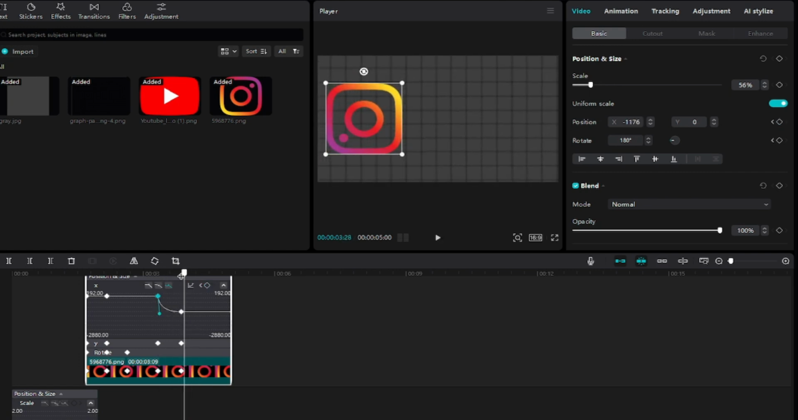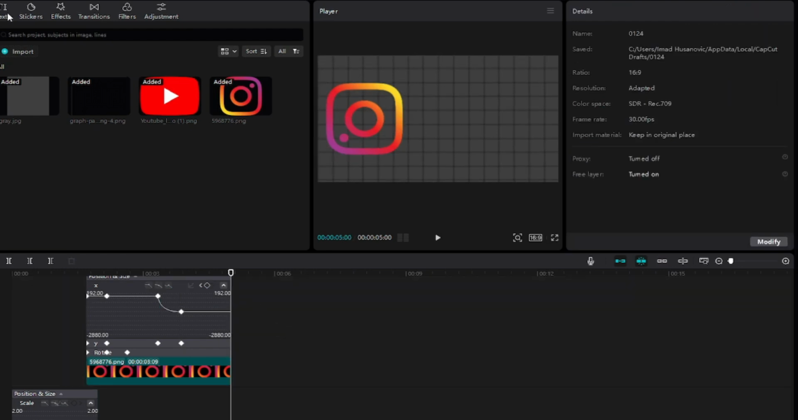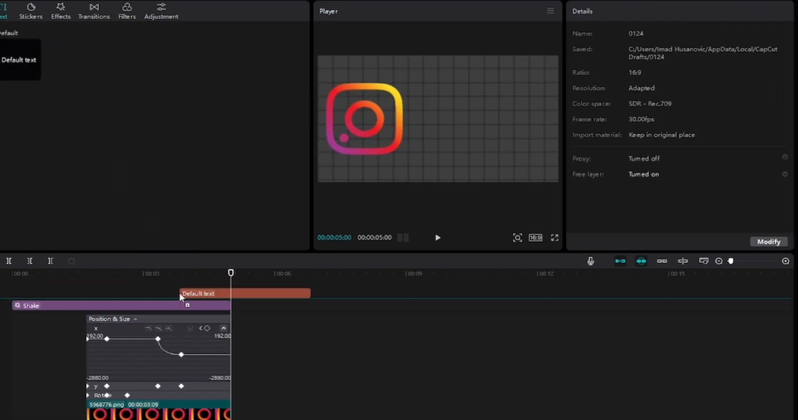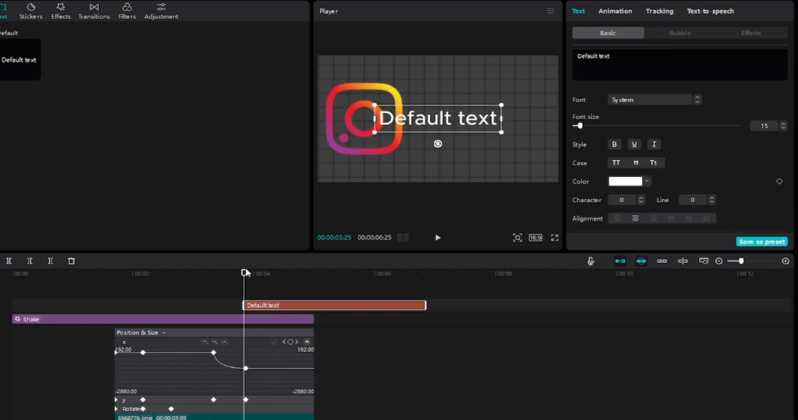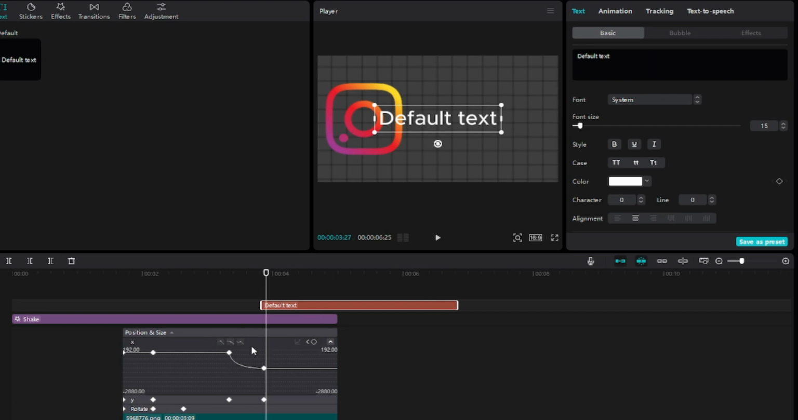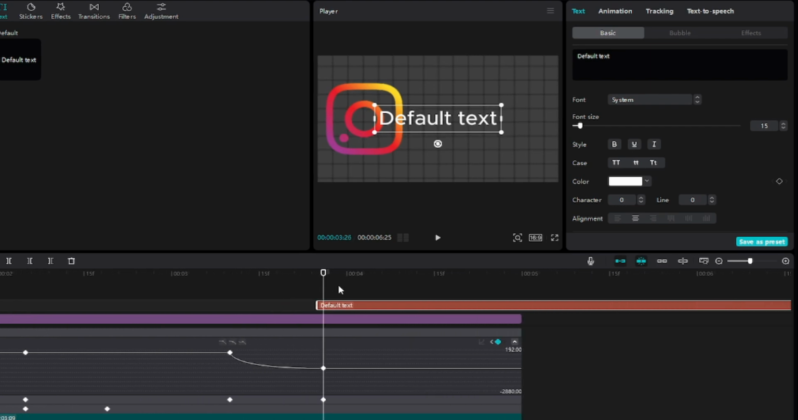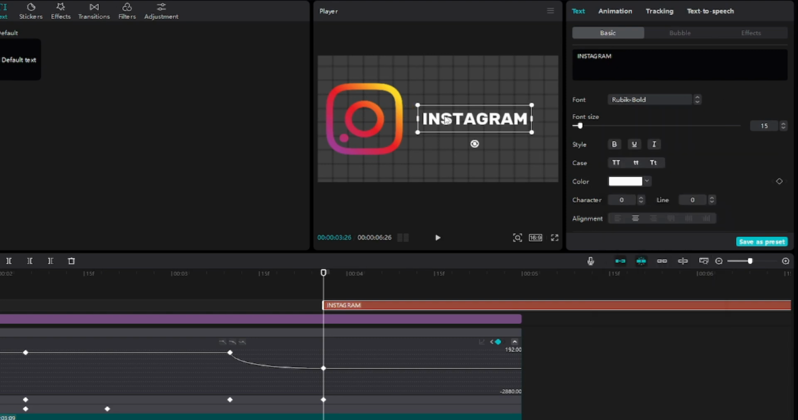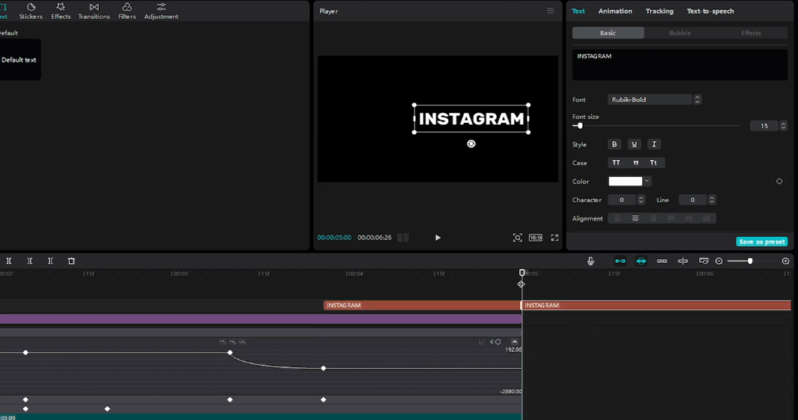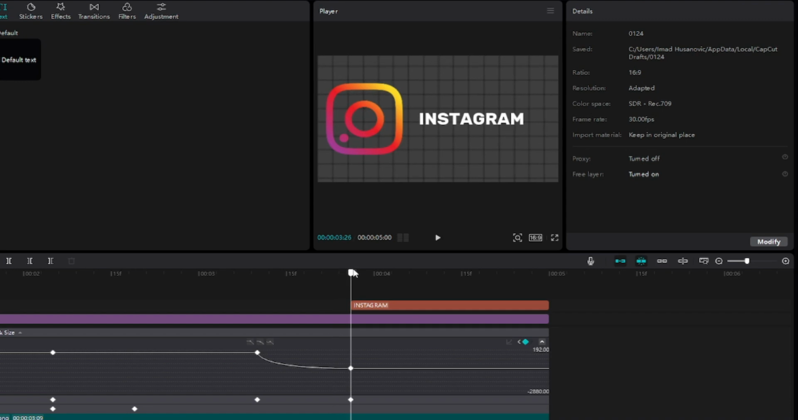And now once it chills here, we want to show text of Instagram. So go again over to text, drag in the default text, position it here as soon as this keyframe ends. So something like this would be perfect, right? Position it somewhere around here and just say Instagram. Perfect. Now go ahead and change the font as well. So let's go ahead to, for example, Rubik, just put it here. And then what you're going to do is obviously cut it here so it's not as long. So once it pops in,